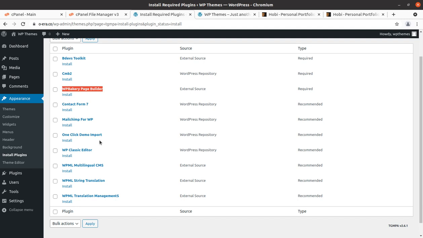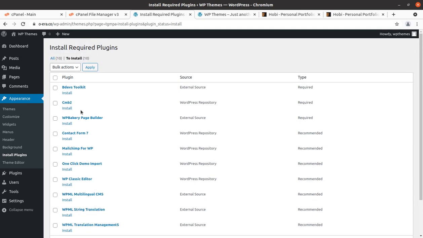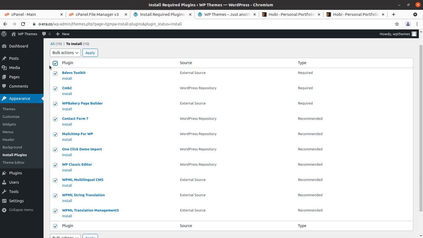However, you may skip any of these recommended plugins if you don't want to use those features. But at the initial stage I recommend installing all the plugins, so that at a later stage it can be decided whether we need certain features or not, and after deactivating we can delete the unused plugins. So first I am installing all 10 plugins, and this can be done in a single click.